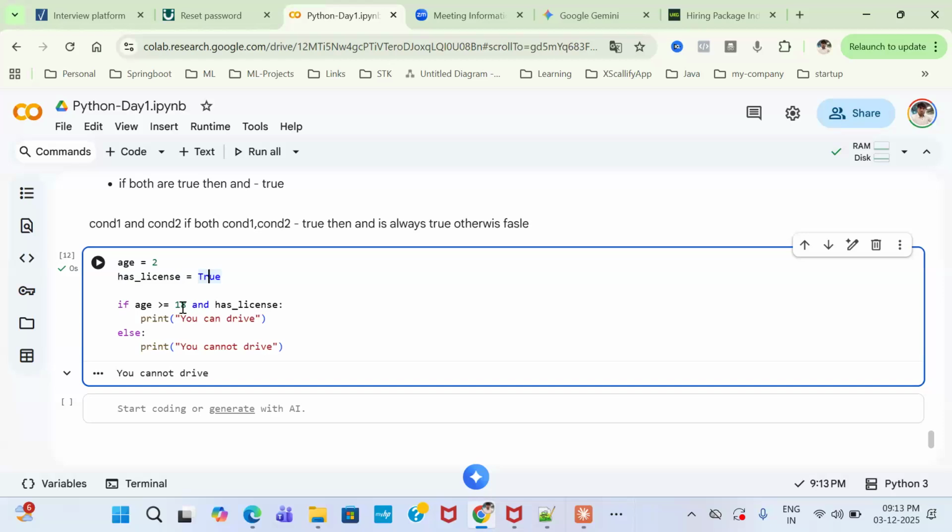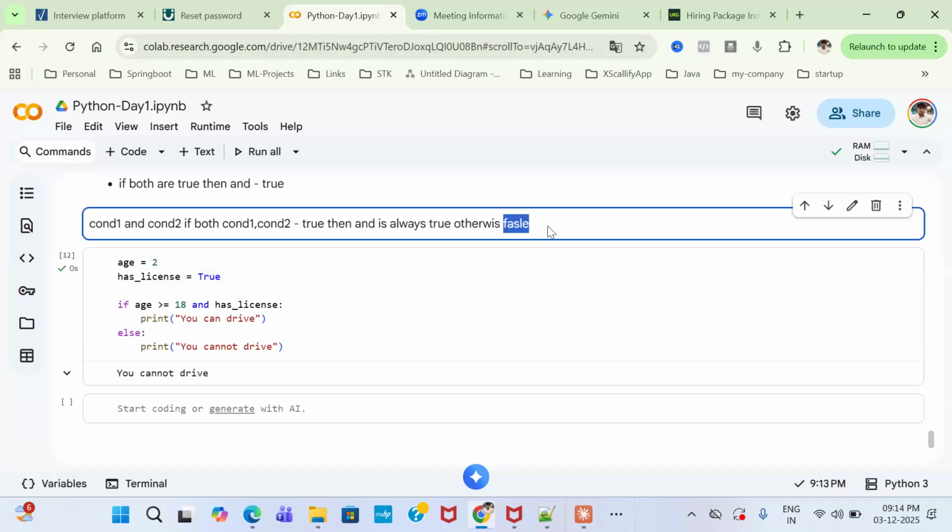Maybe it has a license, but the age is not more than 18, right? So this condition becomes false. This is true. So if you apply false and true, it will always be false. So the result is this. So what I'm trying to say,